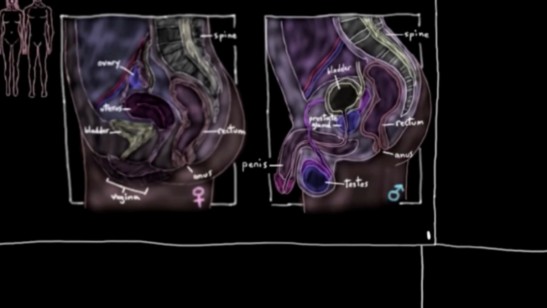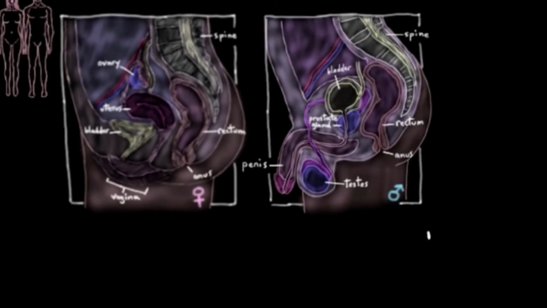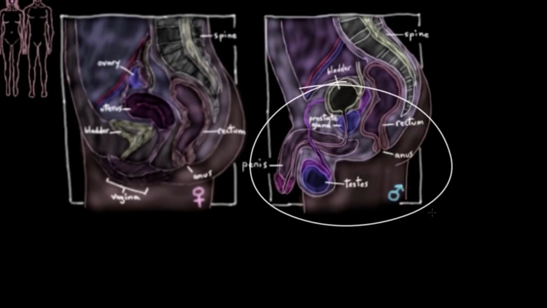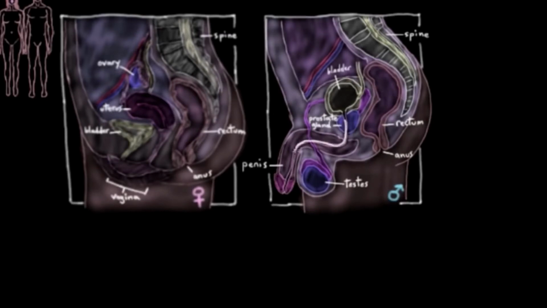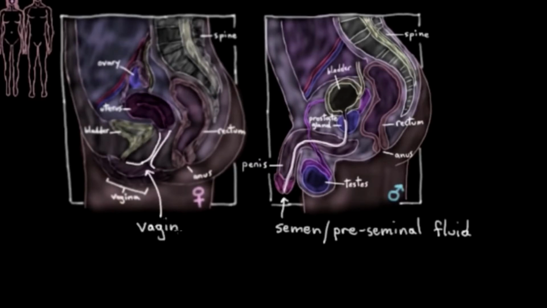And don't let these pictures scare you. These are just cross sections of pelvises. So a female pelvis on the left here and a male pelvis on the right here. So we can use these to look at the sexual organs. So contact with sexual fluids like semen or preseminal fluid or vaginal fluid or even rectal fluid can spread HIV